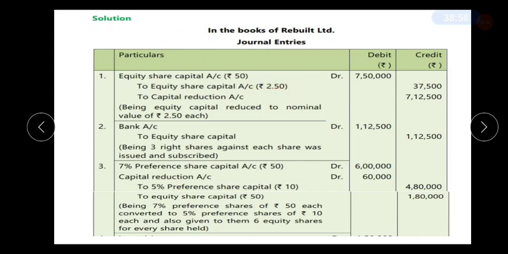So wherever you find equity share credit, you add it. That's it. Here we have equity share 37,500 plus, here we have equity share capital 1,12,500 plus, here we have equity share capital 1,80,000